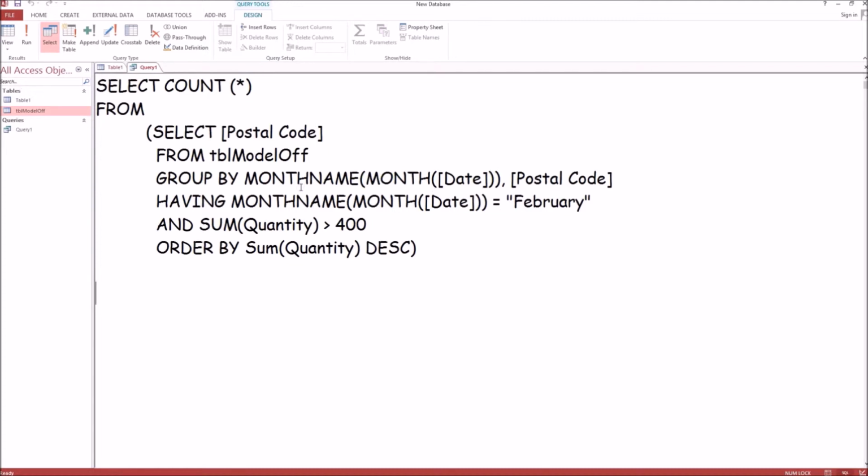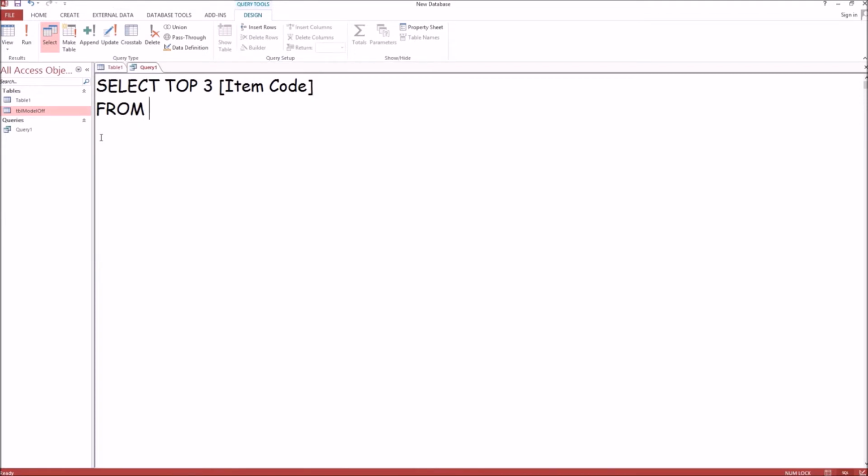So since we're asked to select 3 items, we know to use the top keyword, top 3 item code from our table name where postal code equals 3020, group by item code,